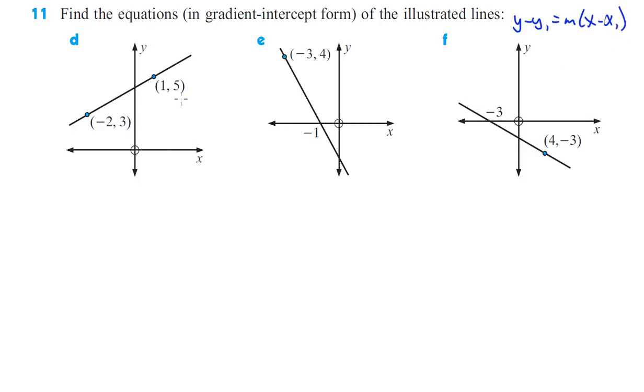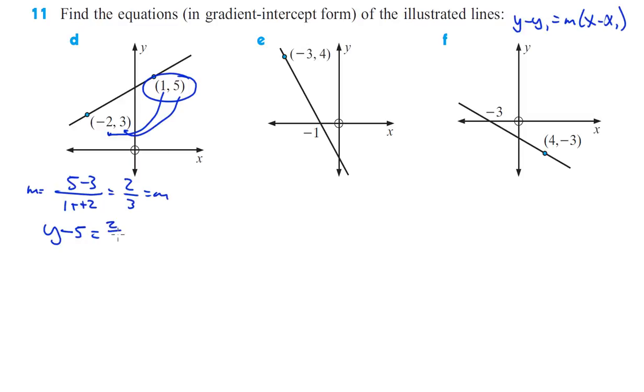Okay, so let's do this. 5 minus 3, this is our slope, over 1 minus negative 2. So that gives us 2/3 as our slope. Okay, so if we plug that into the point slope formula, we got y minus, and pick either one. I usually like to choose the ones that have both positive. So there's my y minus 5